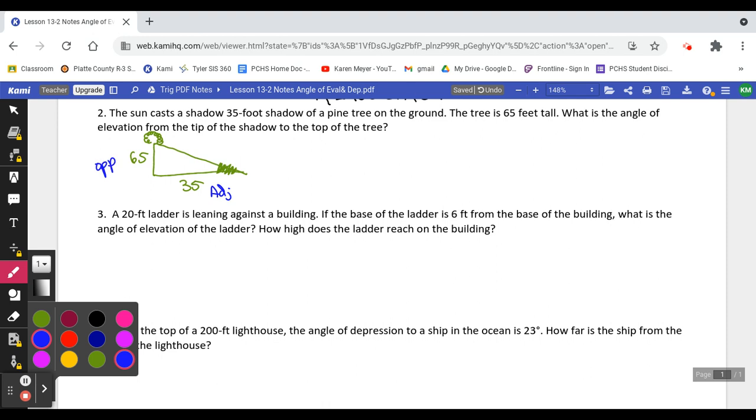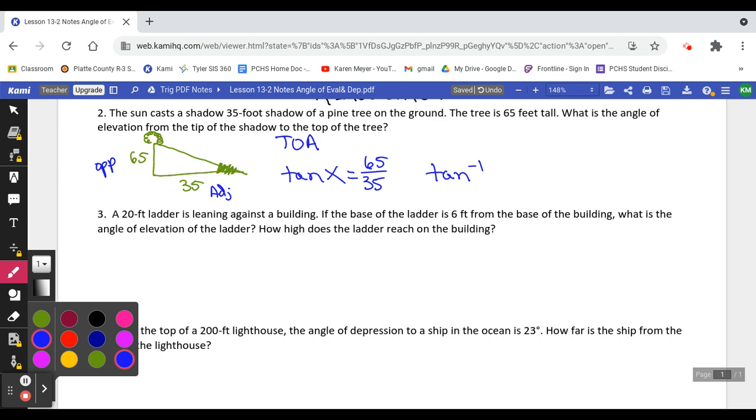OA. So if you think OA on our little saying, that would be the last three letters. So we're going to do tangent of X, because I don't know my angle, but you can call it whatever you want, equals opposite, which is 65, over adjacent, which is 35. And then remember, whenever you're trying to find an angle, you can't just hit the tan button. You have to do the